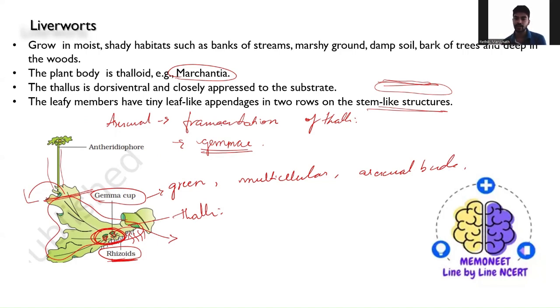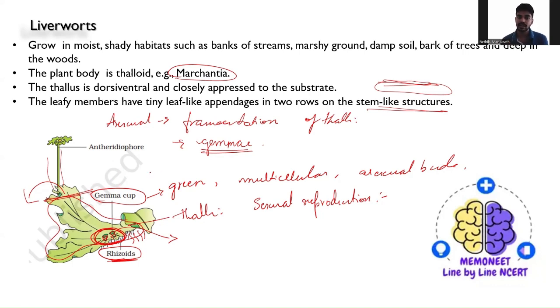Okay, this is all about the asexual one. But during sexual reproduction, the male as well as the female sex organs are produced either on the same thallus or on different thalli. It depends. Once the sexual reproductive organs are produced, the sporophyte is differentiated into foot,